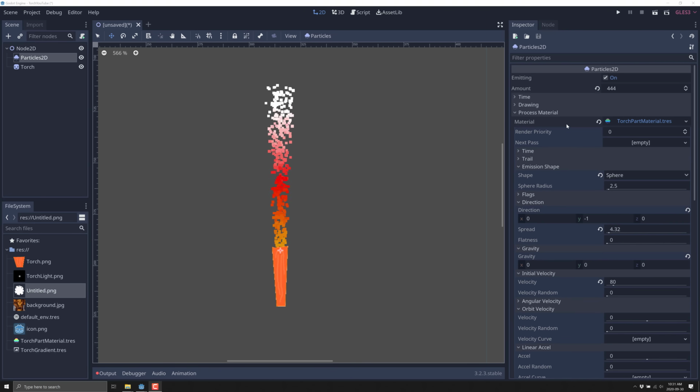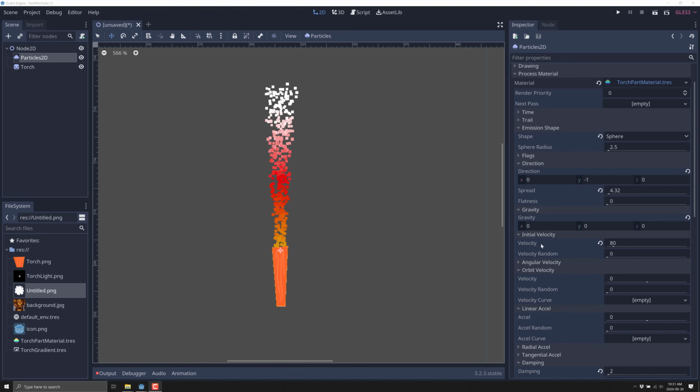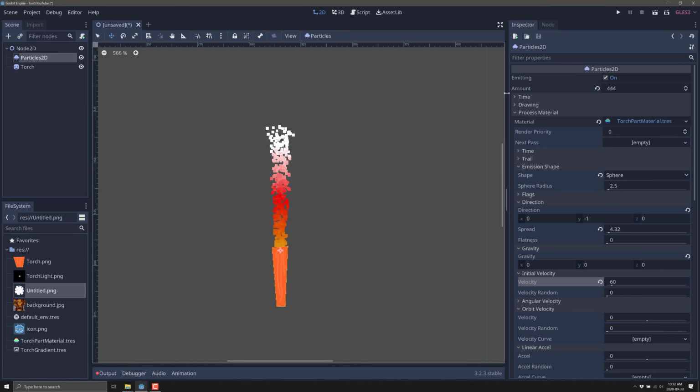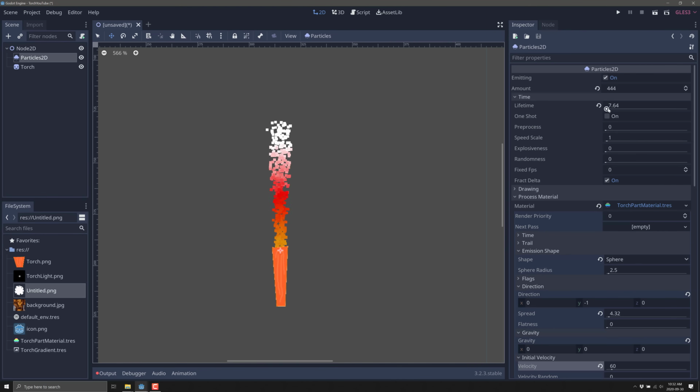And yeah, I think I'll go with this as our thing. Probably the only thing that I'm going to do is slow it down a little bit. The initial velocity is probably a little bit too high. So there we go. There is our torch that we're going to go with in this particular case. If you want it to last longer, by the way, you could do so. Basically, that is how long it lasts. So the longer that it runs, the more the particles will be spread over time.